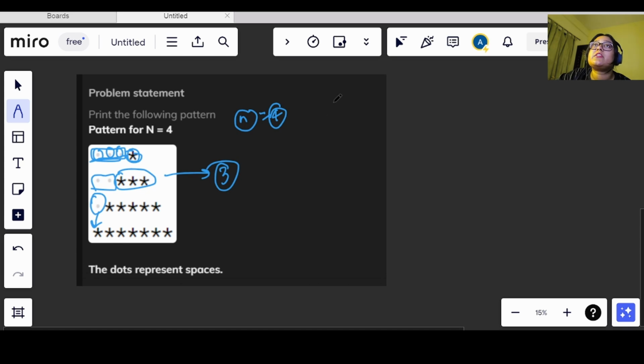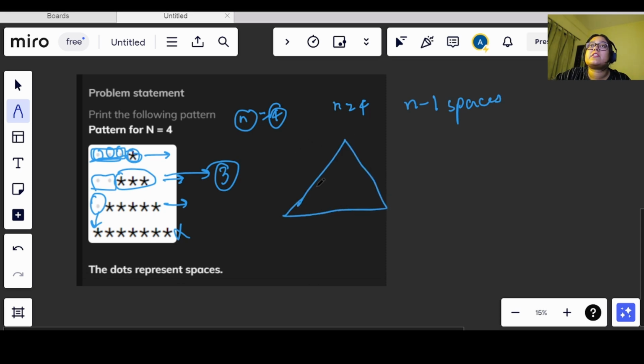So basically, if our n is equals to 4, then we have n minus 1 spaces, right? And it is going till n minus 1 rows also. Like in the first row we have spaces, second also we have, third also we have, but in the fourth there are no spaces, okay? So in this question we will learn how to leave out spaces and then print the star as asked, right? Now in the previous question, we were going from i till less than or equals to n only, right?